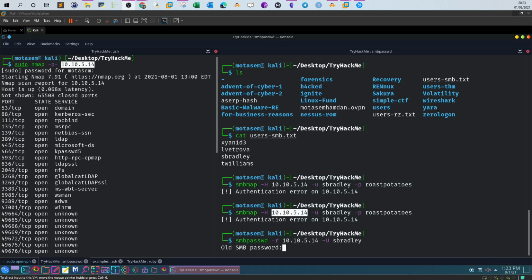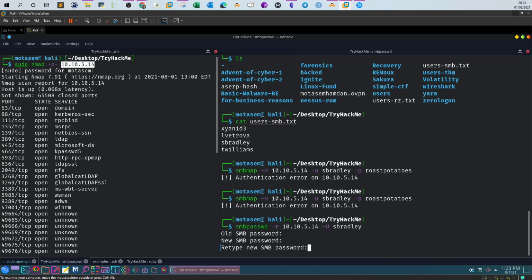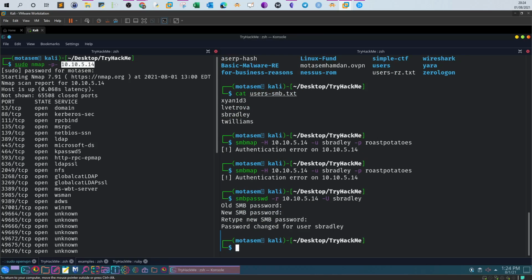Now here we specify the old password. The old password is roast potatoes. The new password will be one I choose. Okay, now log in with SMB, change the password to